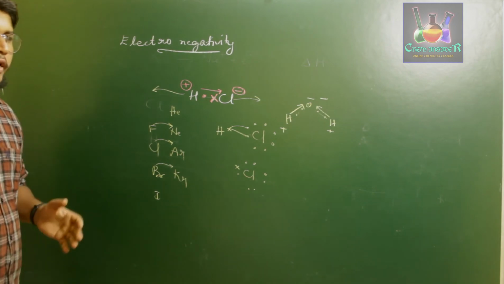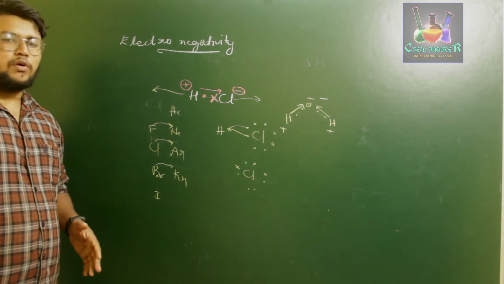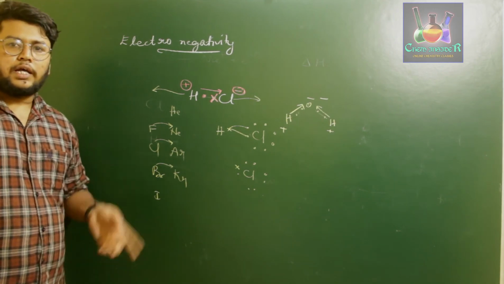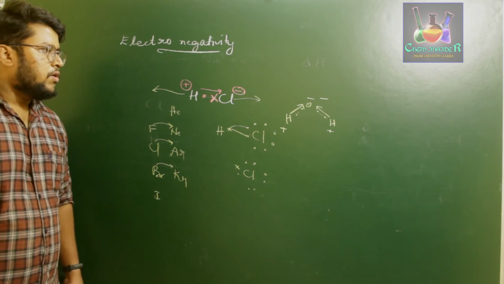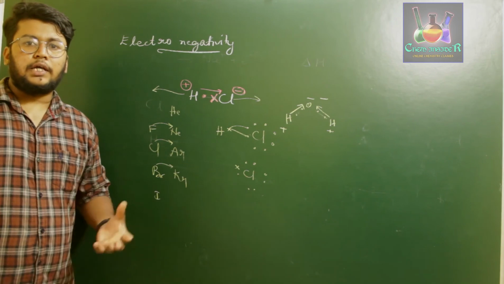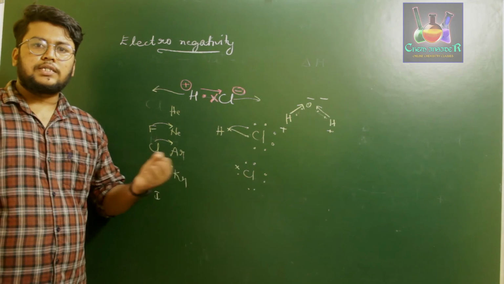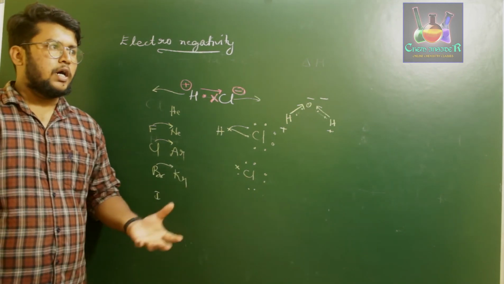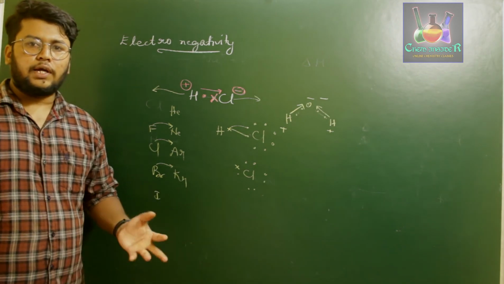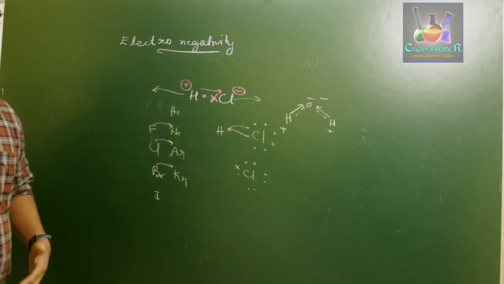So how to calculate electronegativity? It is calculated by the Pauling scale, where we take the average of ionization enthalpy and electron gain enthalpy. So electronegativity is the ability of an element involved in a bond formation to attract those bonded electrons towards itself. If the attraction towards itself is more, then it is said to be electronegative. And if an element is losing an electron, then it is called electropositive.